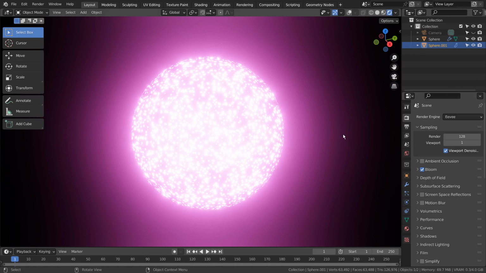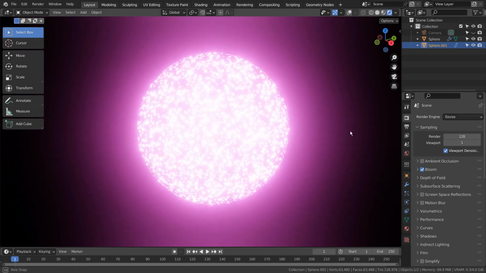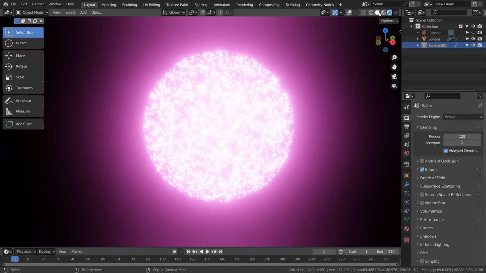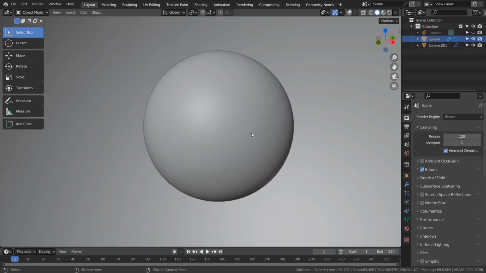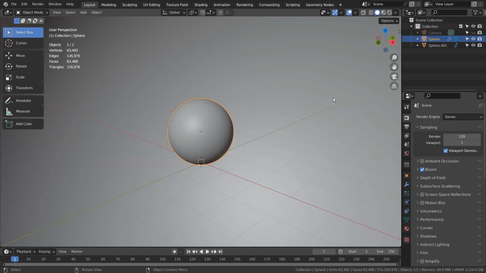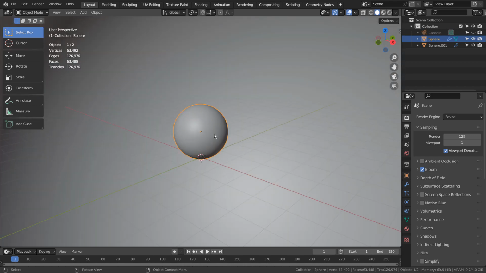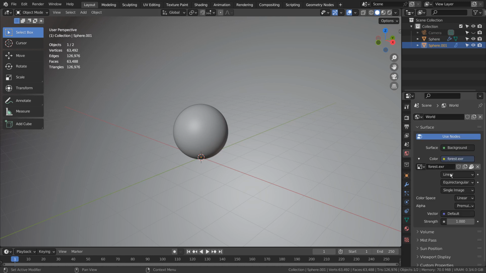In this tutorial, I'll show you how to create this half-transparent material by mixing transparent and Voronoi texture nodes. This scene is composed of two sphere meshes. The outer one is used to block the environment light. Please use Eevee with bloom turned on, and the environment light can be anything since we won't be using it.